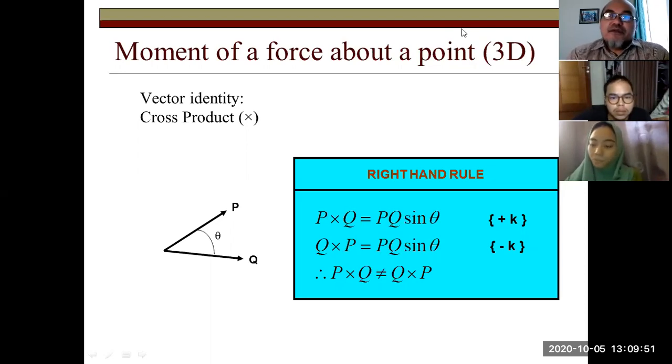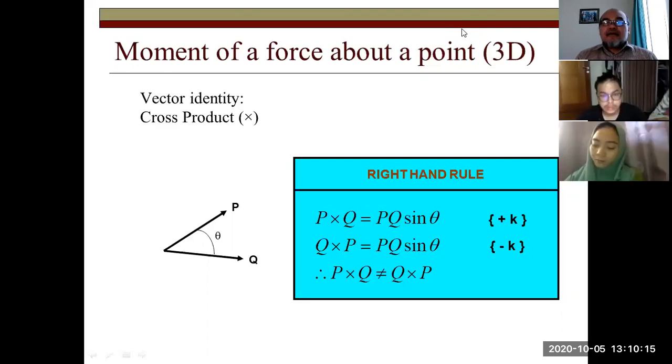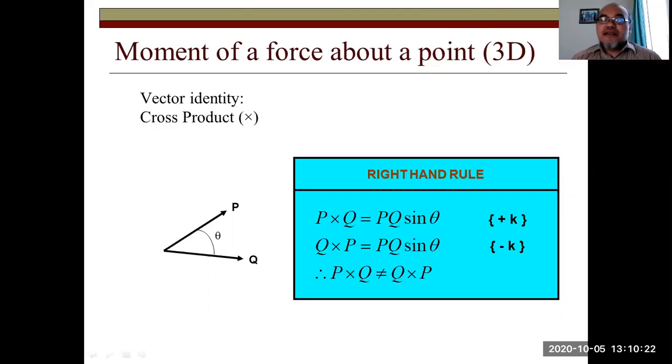Usually, we will use the unit vector at each coordinate, in the Cartesian coordinate, or circular coordinate, or elliptical coordinate, or spherical coordinate. But throughout this course, we will only be using the simple Cartesian 3-dimensional coordinate. In expressing the moment of a force about a point in 3 dimensions, the moment is usually